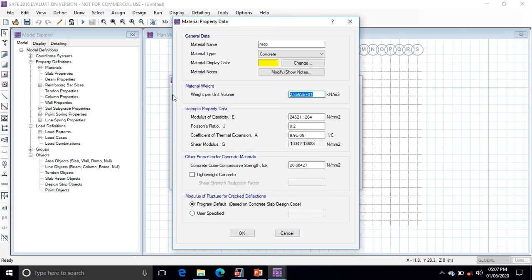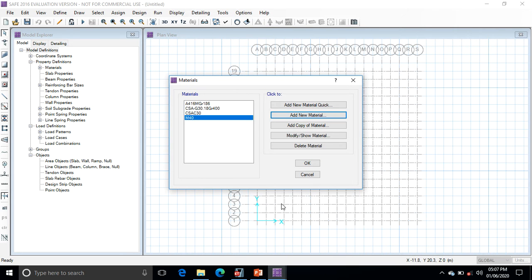Weight is 25. The value of E is 316.7. The value of Poisson's ratio must be the same, but the coefficient of thermal expansion value is equal to 0.00000055. Shear modulus kept the same. The strength should be equal to 14 kg square.